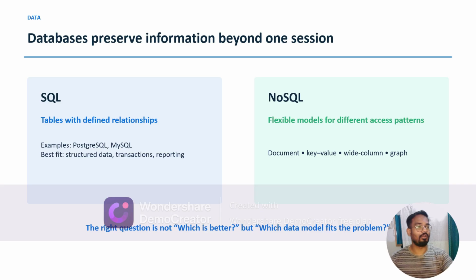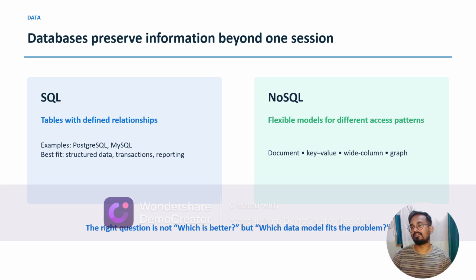Now let's talk about the other part, NoSQL. It offers flexible models for different access patterns. This is quite flexible. There won't be any fixed structure, and there won't be any relations per se. If I have to give an explanation for it,